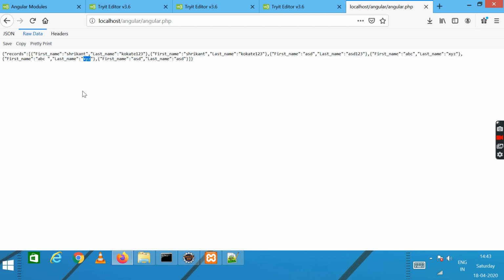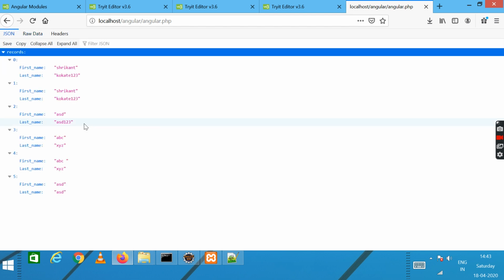So our task is to read this JSON data by using the AngularJS framework, and we need to print that data in a user understandable format, maybe in a table structure or maybe in the format of other HTML elements, right?